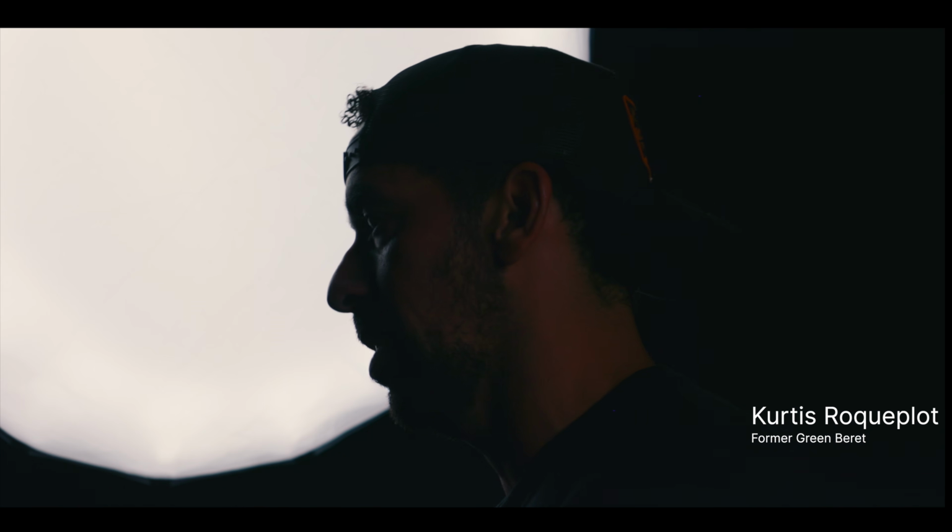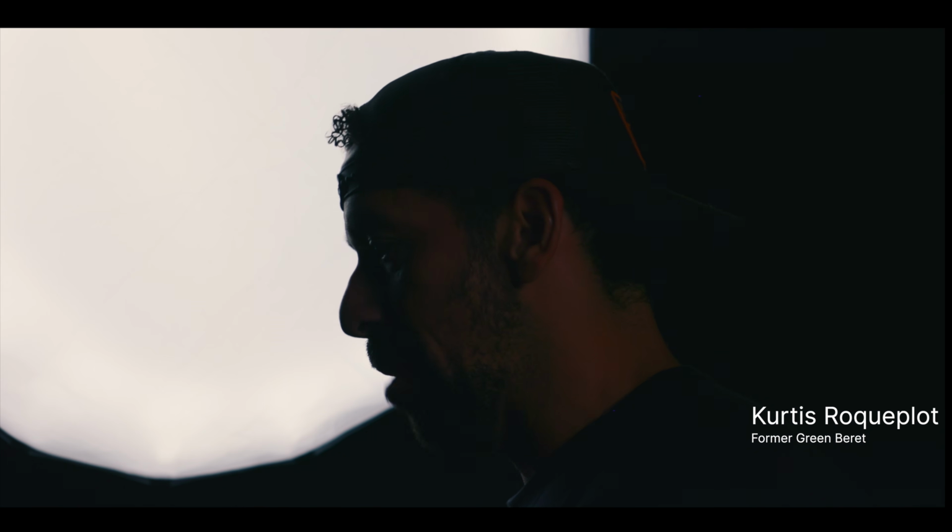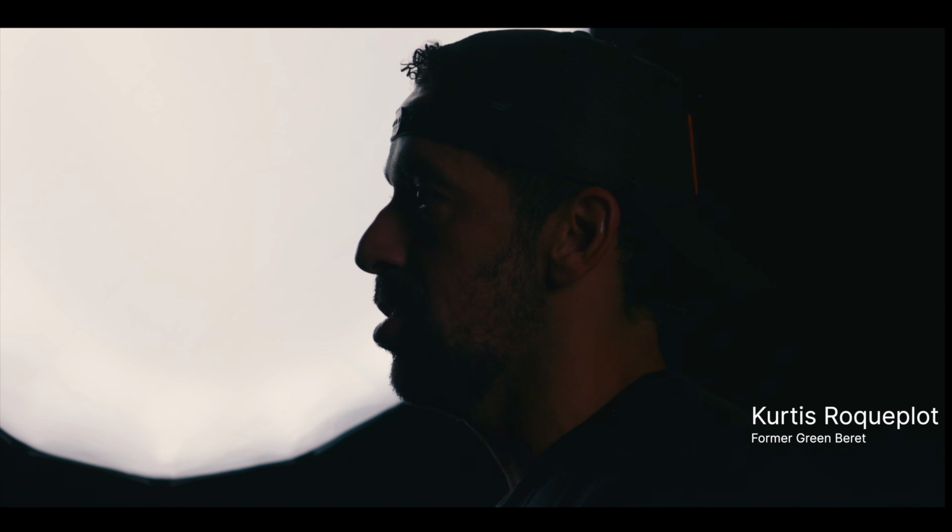So the day started off with a classroom instruction. So basically what happens is the cadre sits everybody down. They make sure that they are familiar with how to read a map, how to read a compass, how to use a map and a compass together, how to plot points on a map, giving coordinates. They're giving all of the fundamental tools and the basic information that they need in order to be successful at